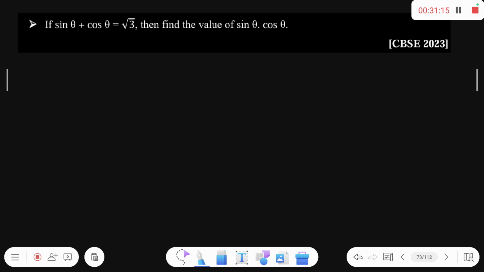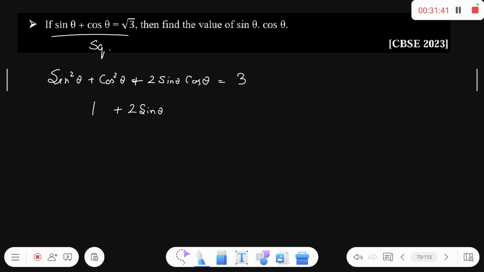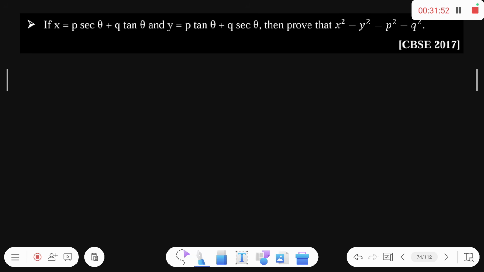Next question. Sin theta plus cos theta is equal to √3, you have to find the value of sin theta cos theta. Again, squaring both sides. This becomes sin square theta plus cos square theta plus 2 sin theta cos theta is equal to 3. √3 square is 3. This is 1. 1 plus 2 sin theta cos theta is equal to 3, or sin theta cos theta is equal to 1. Hence,